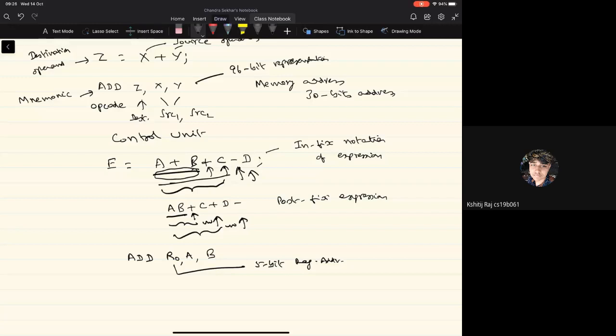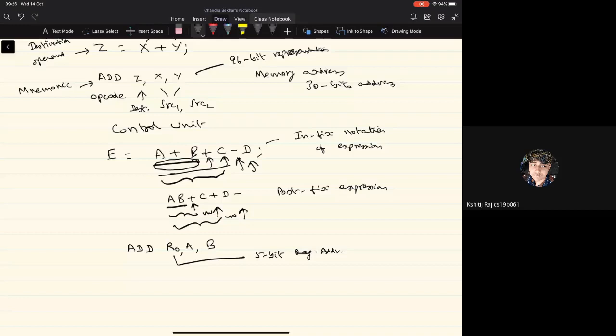Now you can see that earlier we were talking about representing a variable's address in the form of a memory address using a 30-bit address, whereas if I have to specify an operand only by its register address, then it requires only 5 bits. Now the instruction becomes smaller. We'll come back to the relevant issues later. So what have we done now? We have come up with an add instruction that performs the add operation on A and B and then puts the sum of the values of A and B into the register R0.